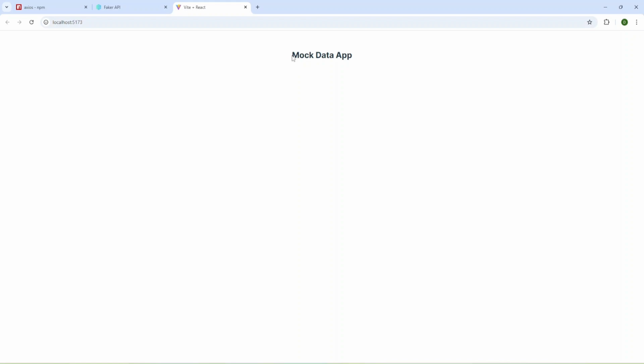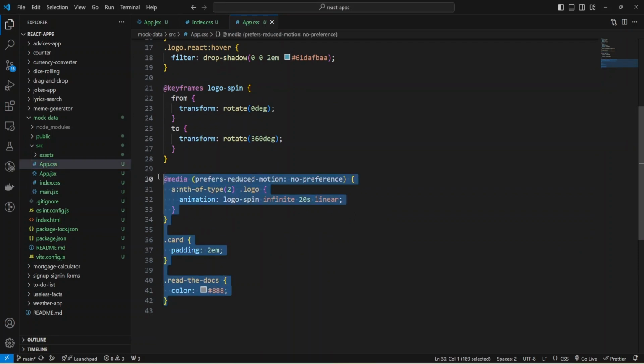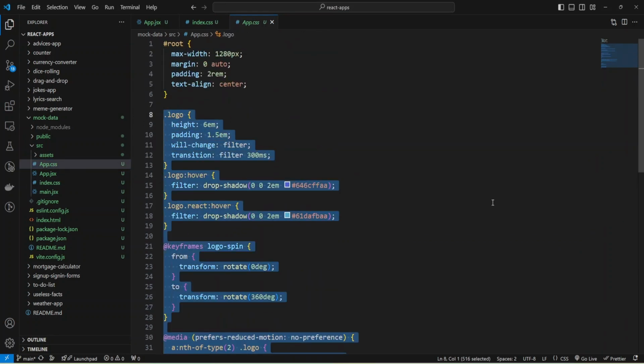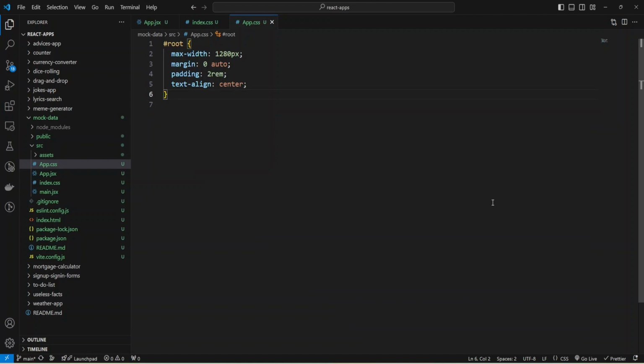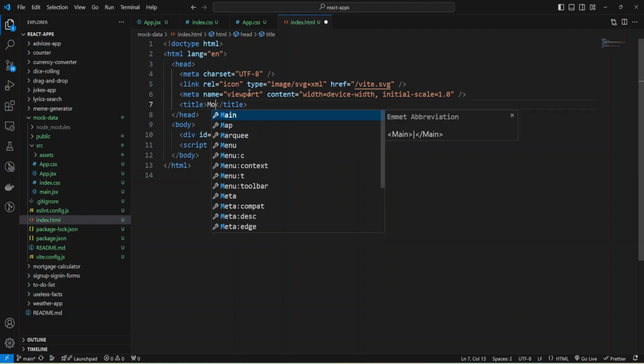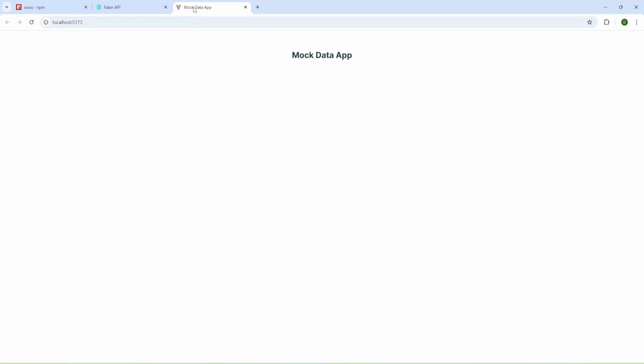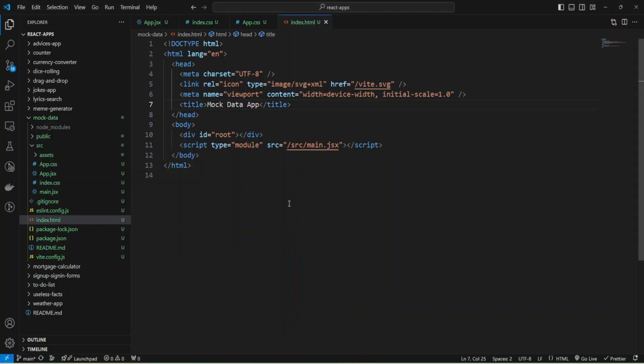As you can see, we have our mock data, and also we can remove all styles from App.css except styles for the root element. Okay, and also we can change our title to mock data app, and let's check. As you can see, the title was changed, and now I can create my functional component.